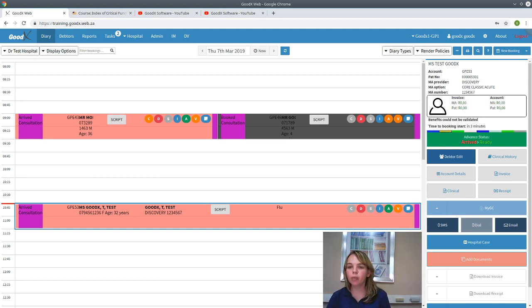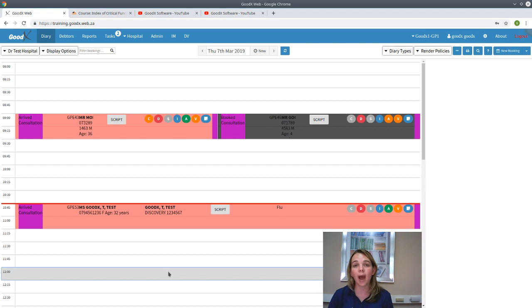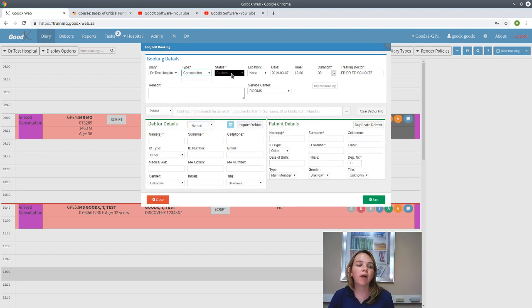To go to the next one, we have the existing patient. That is really the easy part, and the quickest way to make a booking, for a patient that is already on your system. So the patient has phoned in and says now he wants to have an appointment at 12. We double click and say, okay, yes, it's Dr. Test Hospital, it's a consultation that we have to do. We say yes, it's a book patient, all of that information is correct. We say the patient has pain,